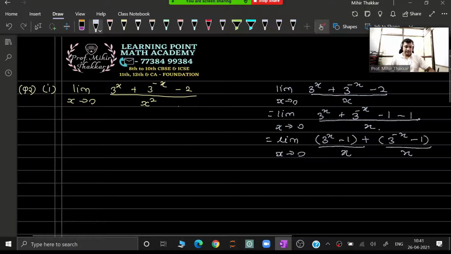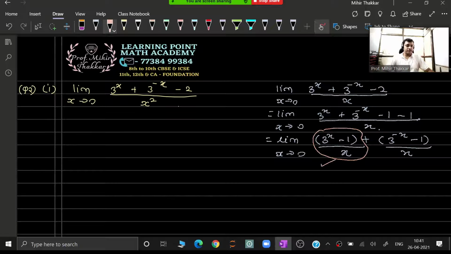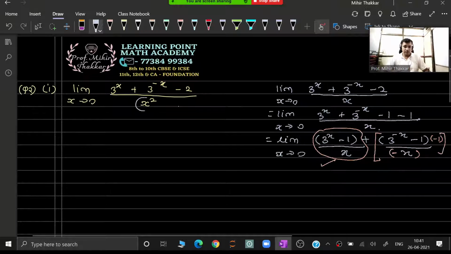So here guys, this term is ready-made adjusted as per your requirement of the formula. In order to adjust the second term, you just need to multiply by minus 1 in the numerator and denominator, and you can easily do that. I am sure everybody will be quite comfortable with this kind of simplification now. But in this sum, guys, the problem is this x square. If I have a square element in the denominator, I also need to adjust the square element in the numerator.